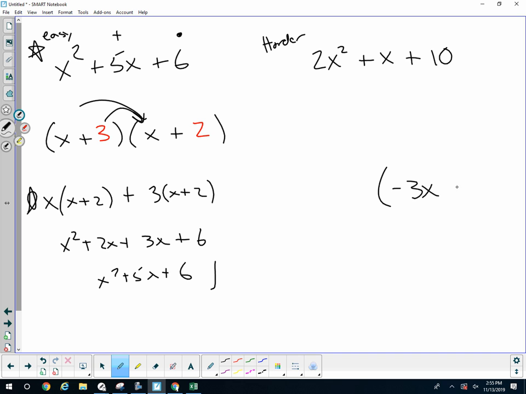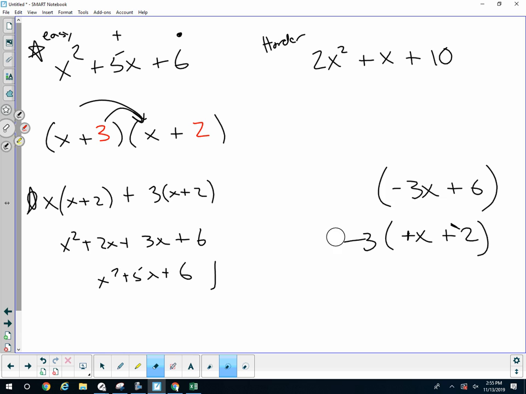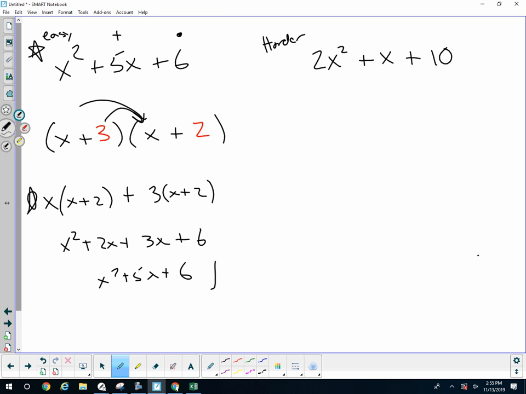negative 3x plus 6, could you factor two things from that? What could you factor? 3 or negative 3. Depends. Maybe I want to factor out 3 and I get negative x plus 2. Why is it 2 and not 3? Because 3 times 2 is 6. Or negative 3 to give me positive x and negative 2. If we understand that, this is factoring by greatest common factor, we are going to be in better shape for